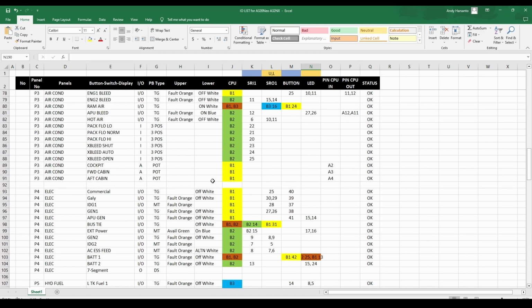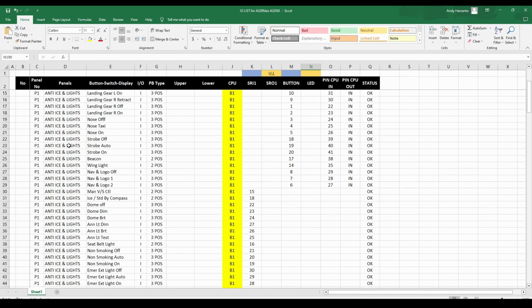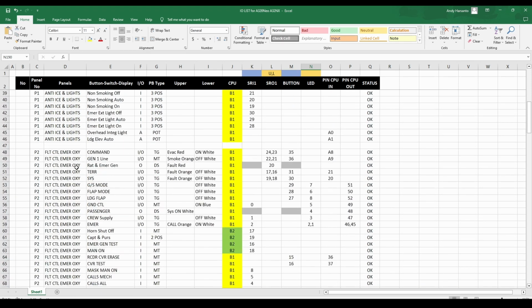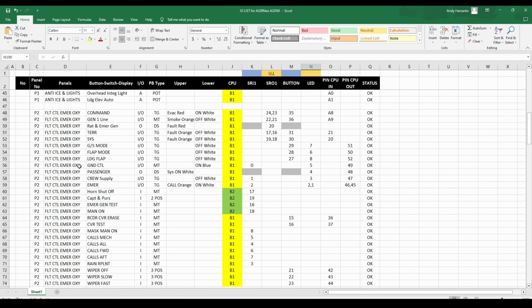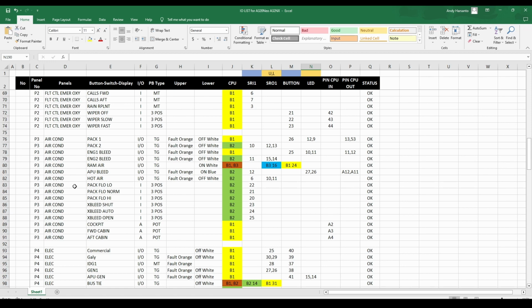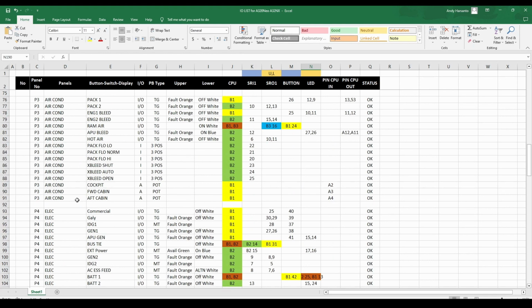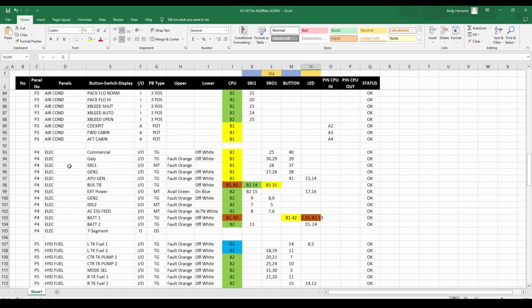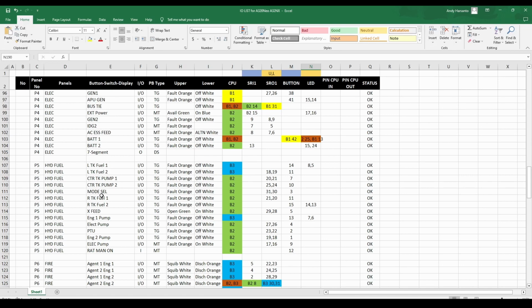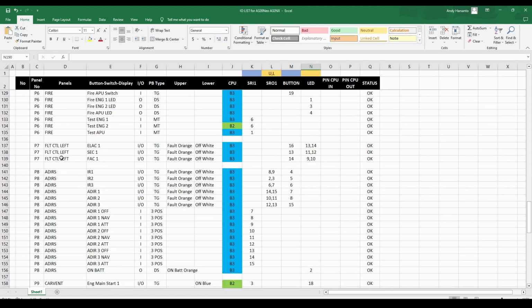Okay, so this one is at least 11 panels in the overhead, meaning that the first one I put is the anti-ice and lights, the bottom center, and then the flight control and emergency oxygen, that's the left part of the bottom part, and then air conditioning is above the P1 or the light and anti-ice panel. This is mostly air conditioner, and then electrical above it again, hydraulic and fuel above again, and the top one is actually the fire extinguishing or the fire extinguisher panel, and then the flight control left is above the P2,